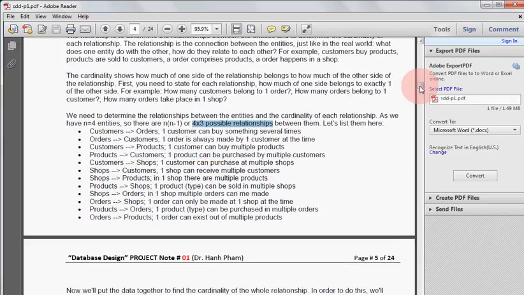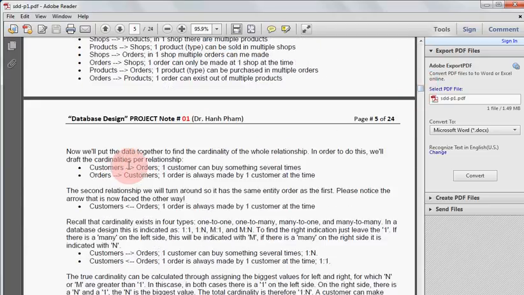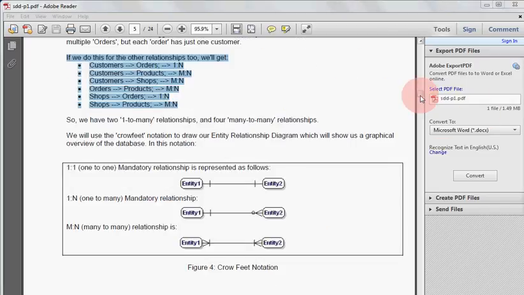So that allows us to go one by one, and then also to look at the cardinality for each relationship. And so at the end, we end up with this list,